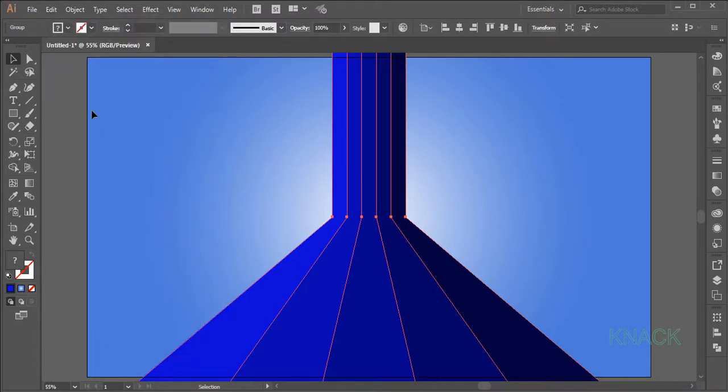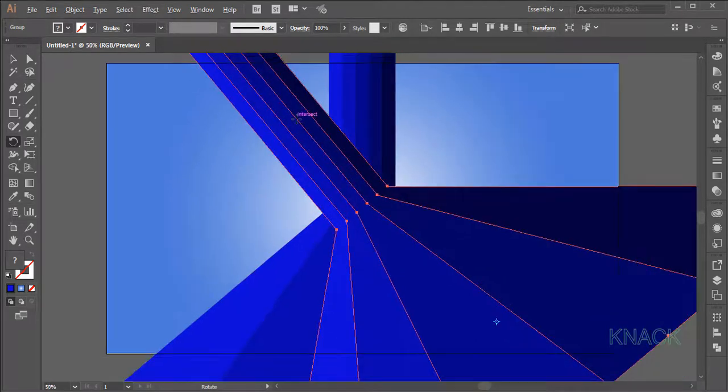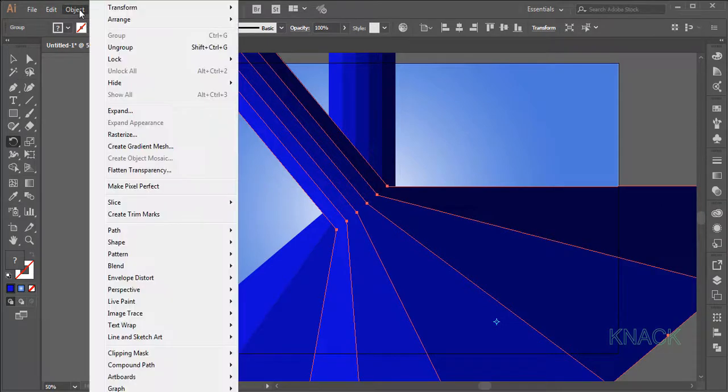Now we have 2 copies of this shape and the upper copy is under selection right now. Double click here at Rotate tool and set angle to 40 degrees and press OK. You can see here that the shape remains well within the artboard area even after the rotation because we have already taken enough length for these lines. This copy is still selected. Come to the Object menu. Here Lock and click Lock Selection to lock this copy for now.